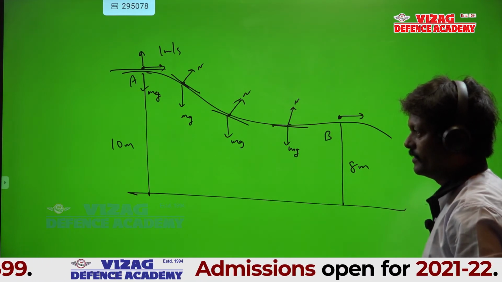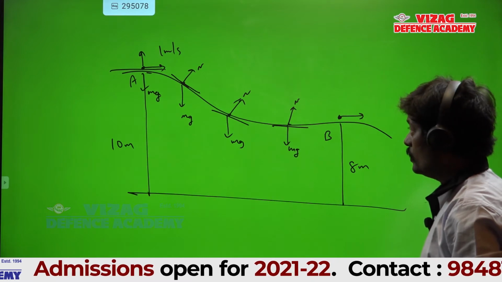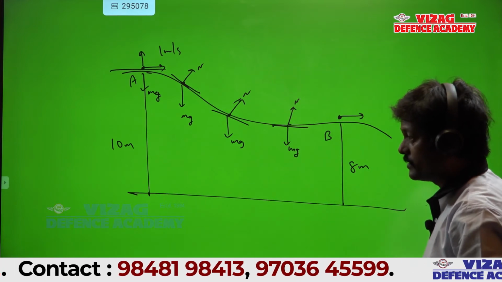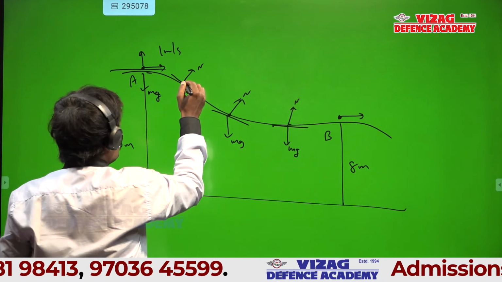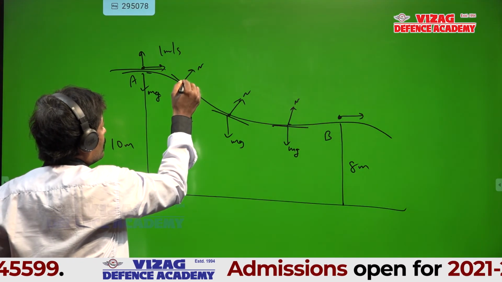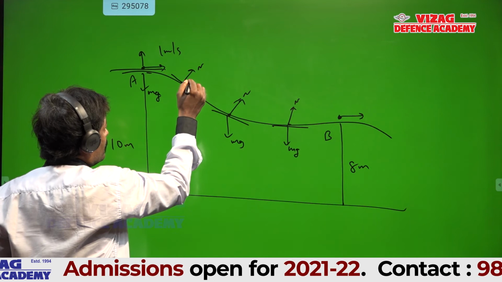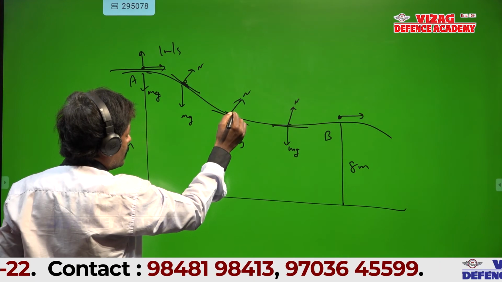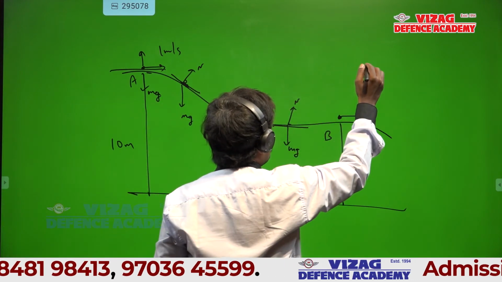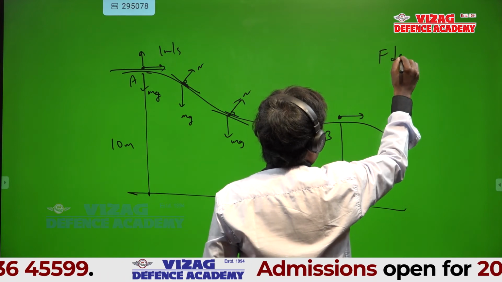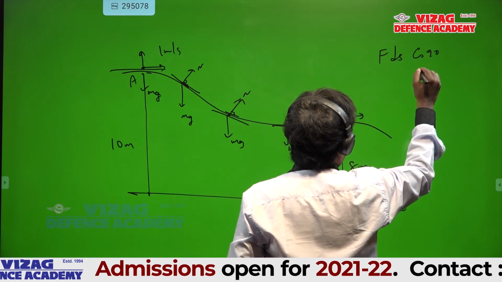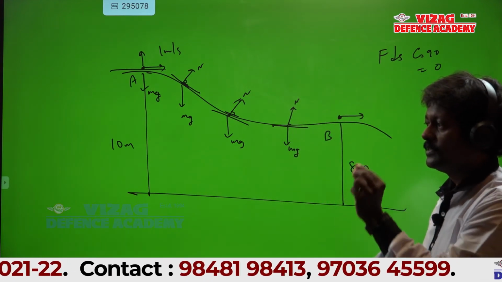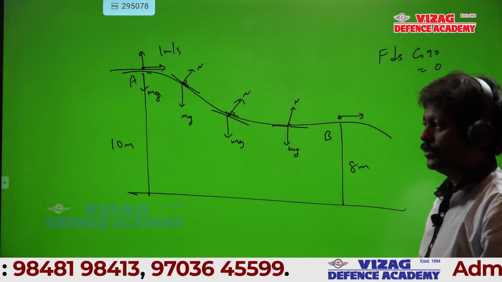It is not the same everywhere. What I am saying is, it is perpendicular to the surface. Now, a small displacement if you take here, that displacement and normal reaction are perpendicular. Here also small displacement you take, both are perpendicular. So, that small displacement if you take, F ds cos 90, how much? What is ds? ds is a small displacement, not d into s.